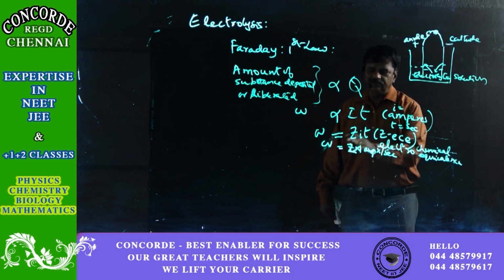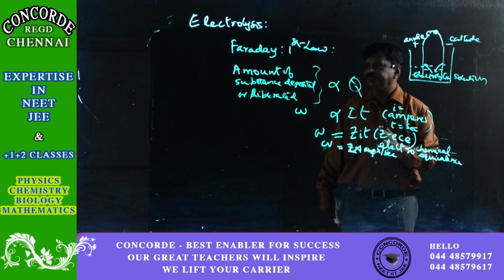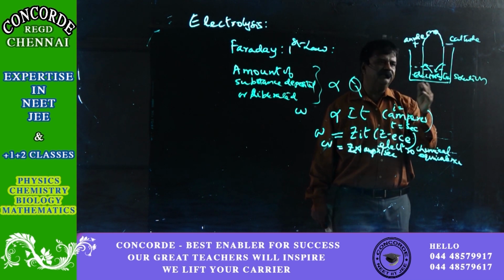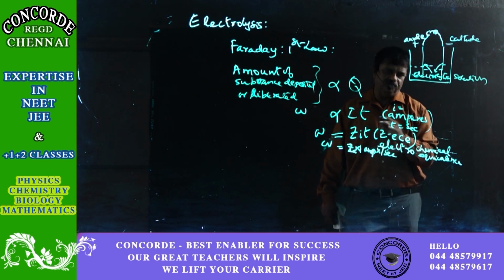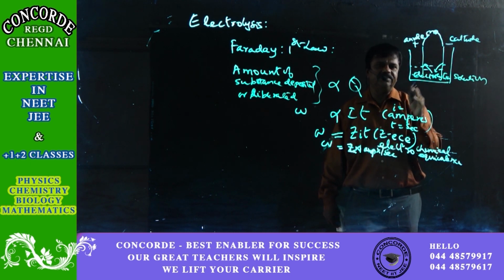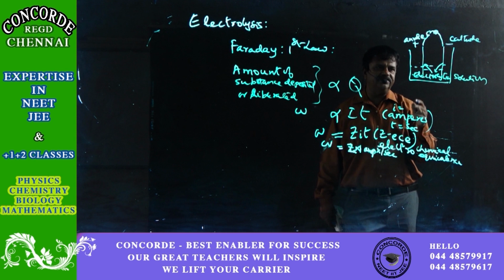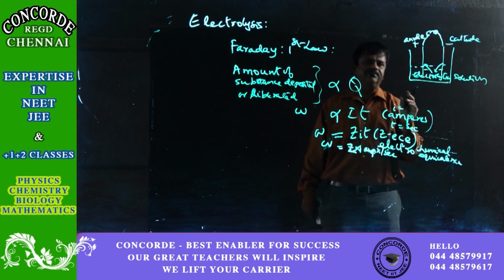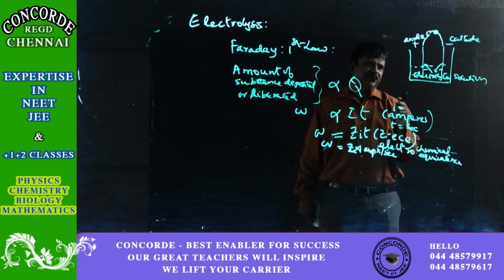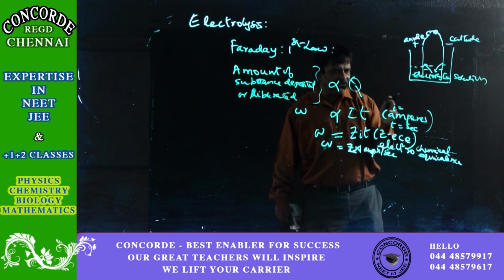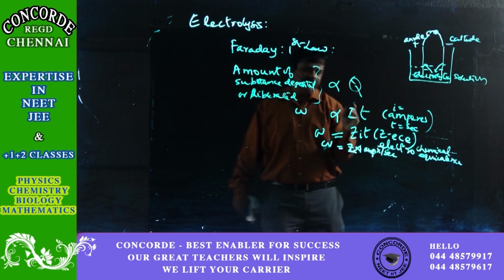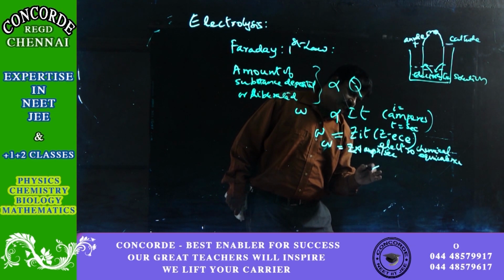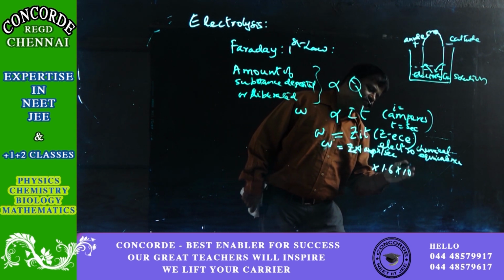Are you able to understand? This is the first law of Faraday. Now, because anything in chemistry is in terms of moles, and the ions always have a charge, either positive or negative, we have to have a standard quantity. Mostly it is the movement of the electrons that is concerned here. So when we take the charge on the electron, this is 1.6 into 10 power minus 19.